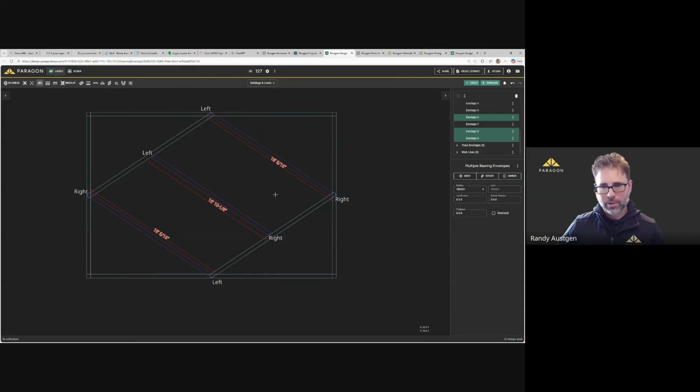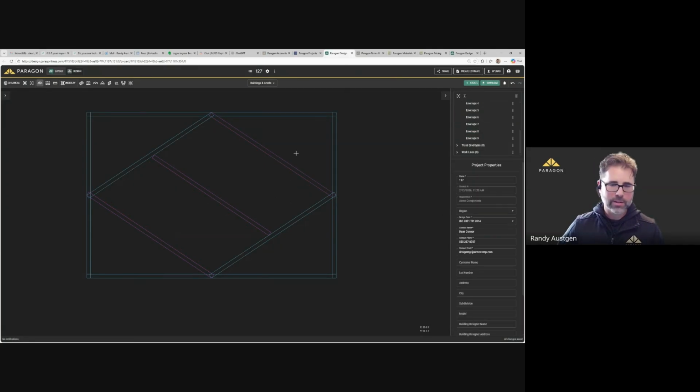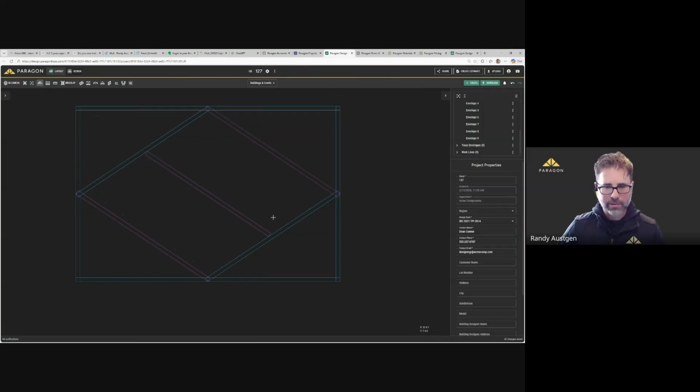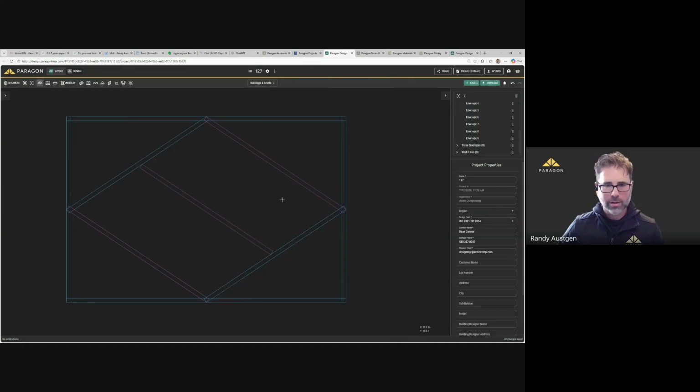All right, so I made those non-structural, and as we can see, the wall color changed from this bluish or cyan maybe to this lovely purplish color here. So that's one change. Non-load bearing walls are now represented differently.